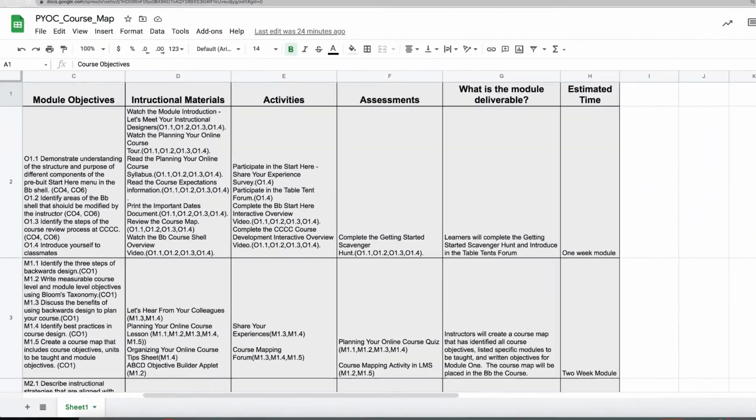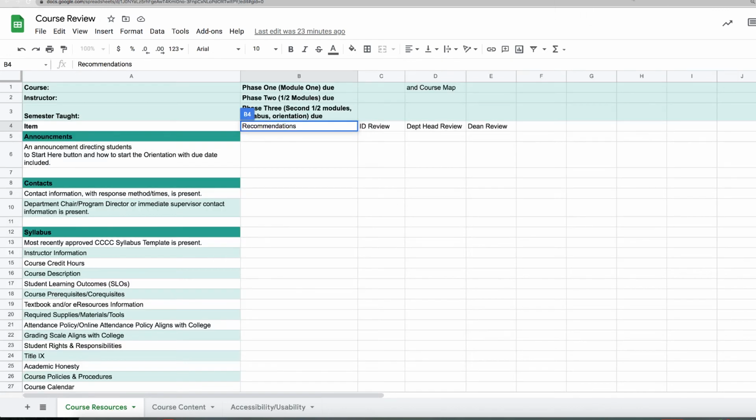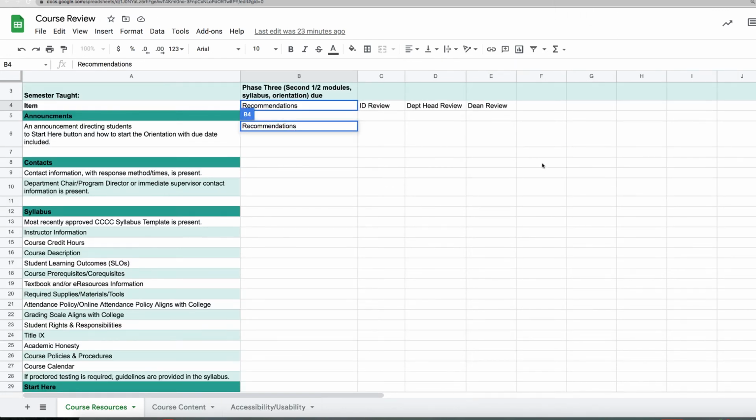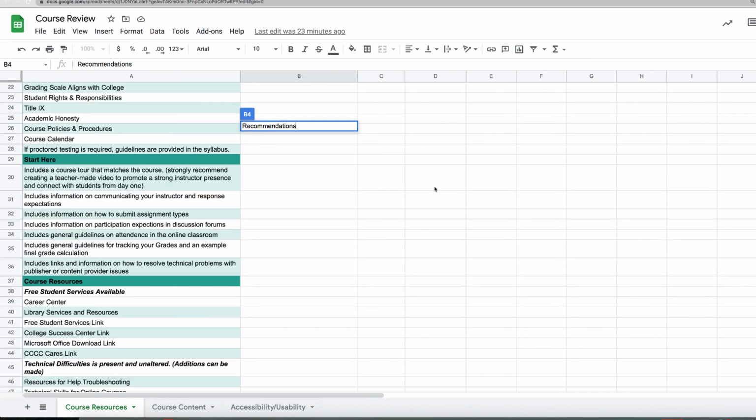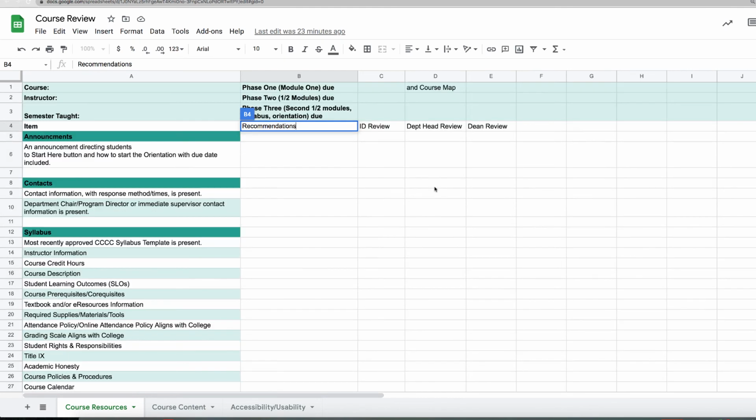At the end of each development stage, phase 1, phase 2, and so forth, we actually have a review tool that we use. It has 3 pages, and it's kind of a big checklist of what we're looking for in each section of the course. So the first step of the review process is to